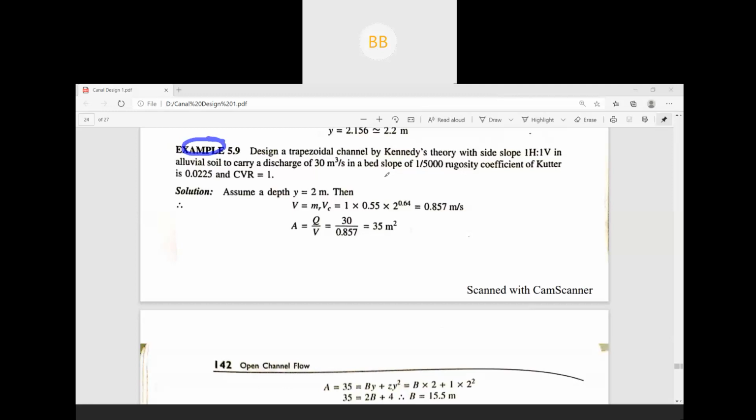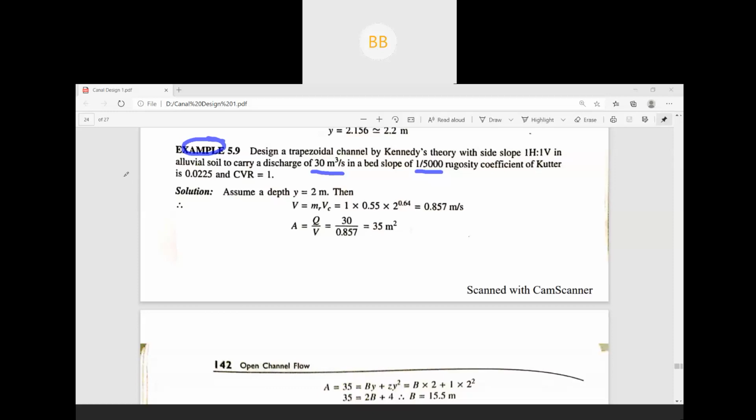It is: design a trapezoidal channel by Kennedy's theory with side slope one horizontal to one vertical in alluvial soil to carry a discharge of 30 meter cube per second at a bed slope of 1 by 5000, and the nk, coefficient of cutter, is given as 0.0225,